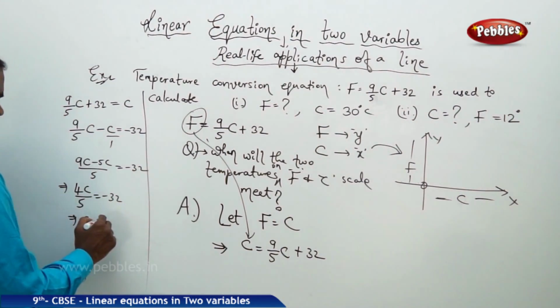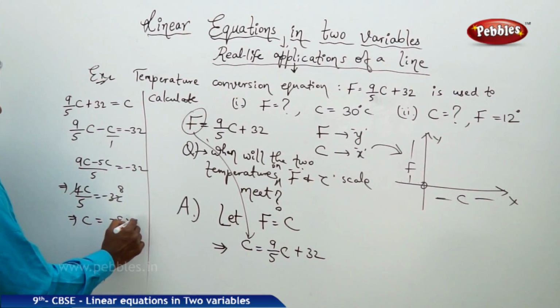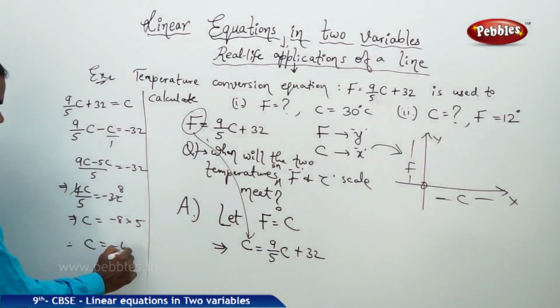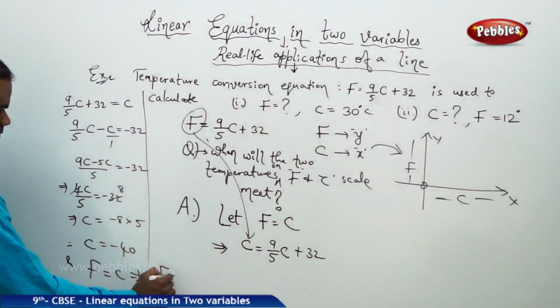That implies C is 4 ones, 4 eights, so minus 8 times 5. Therefore, C is minus 40, and F equals C implies